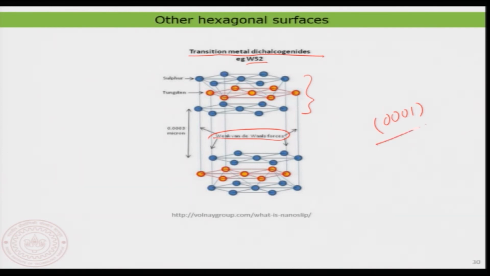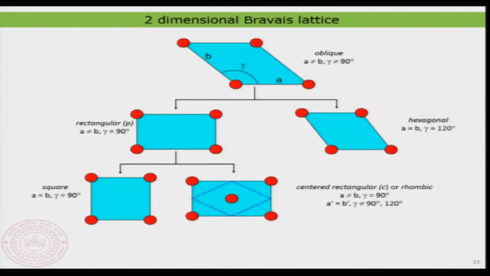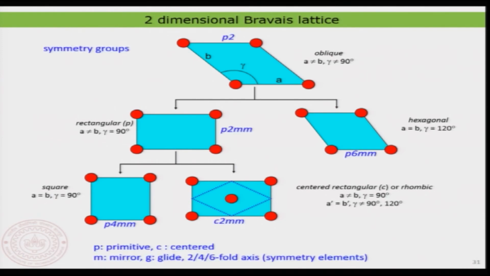Yeah, but (0, 0, 0, 1) planes are easily available in the market for purchasing. Well, now I come to the final slide of the lecture. This summarizes the two-dimensional Bravais lattice, and in the two-dimensional Bravais lattice we have basically 5 different